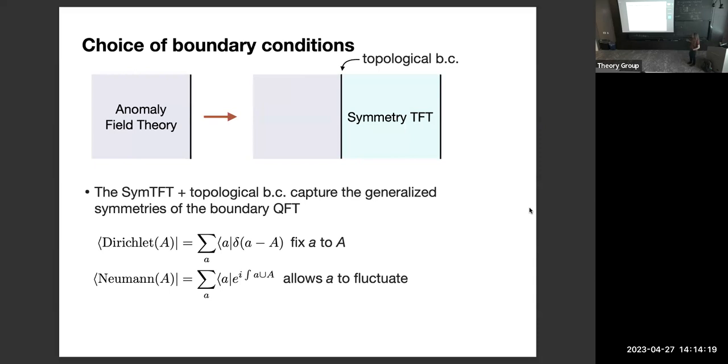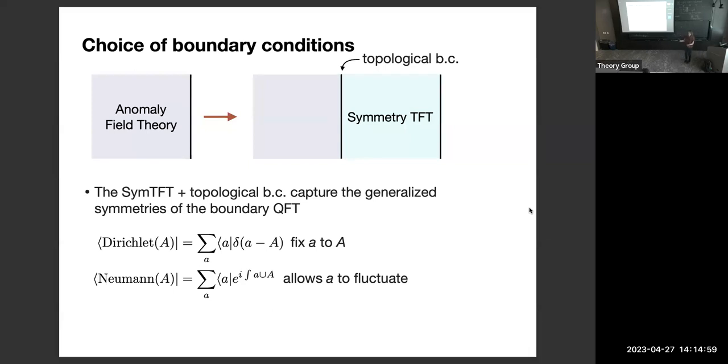Well, why don't we just upgrade our understanding of what anomaly inflow is, to say that anomaly inflow is a non-topological field theory on the edge of the topological field theory? Maybe that's what we should do. The reason we quote unquote need the other boundary is simply that this construction, when smushed, gives back the original quantum field theory. Maybe I don't have to think about it hard. I don't have to think about it at all for anything I'm going to say in this talk, but it's there because if it weren't there, then I couldn't actually smush this to get back my quantum field theory.